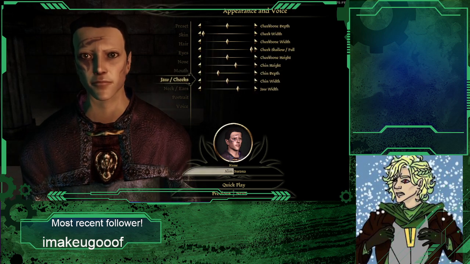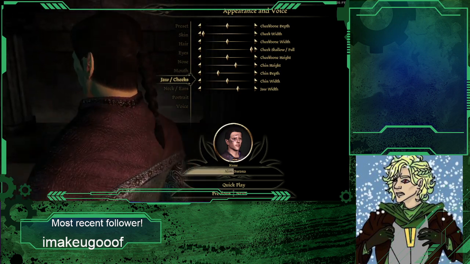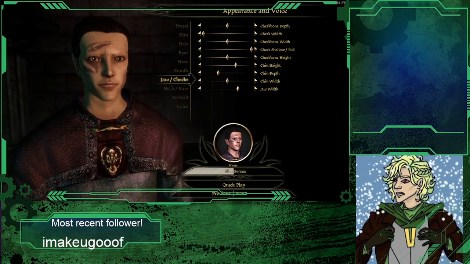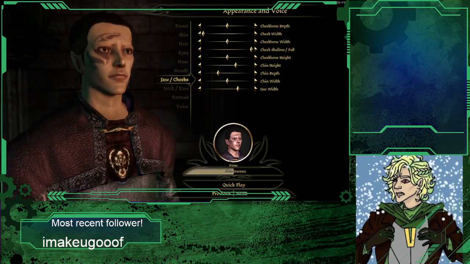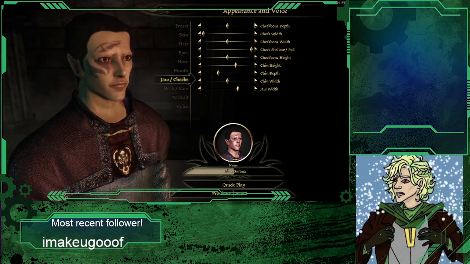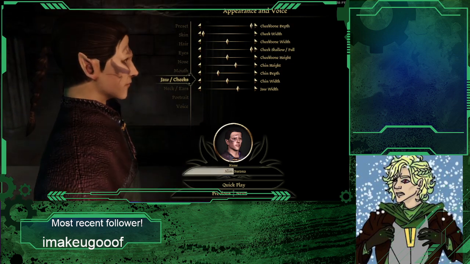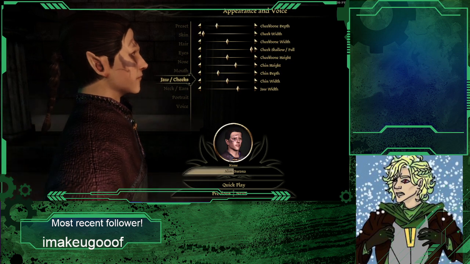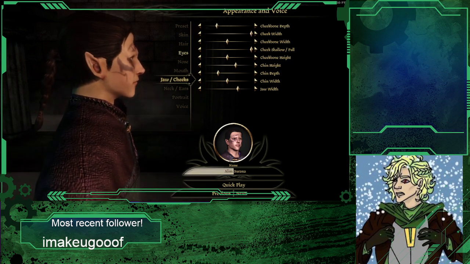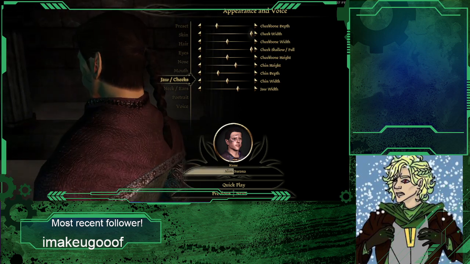Jaws and cheeks. See, this is another thing I wouldn't necessarily go into. But honestly, he feels a bit too skinny in the face. Gosh, that's not what I wanted to adjust. Let's put that there. Cheek width. Too much width.